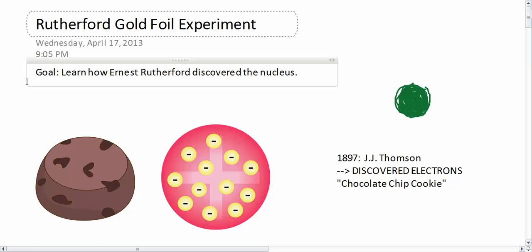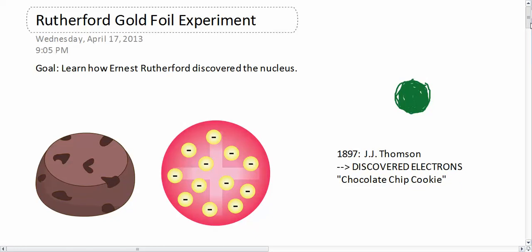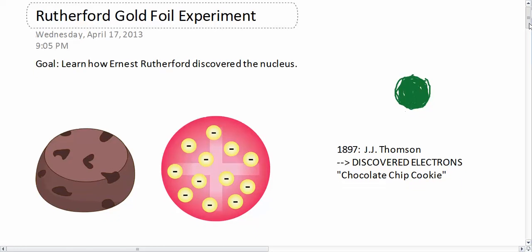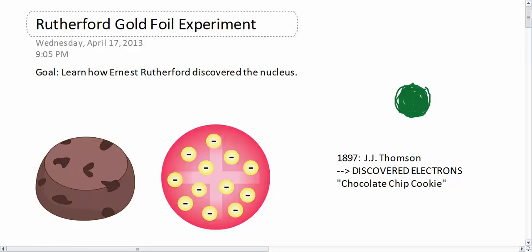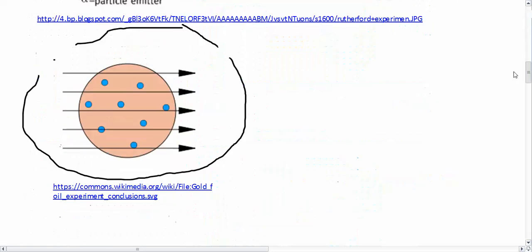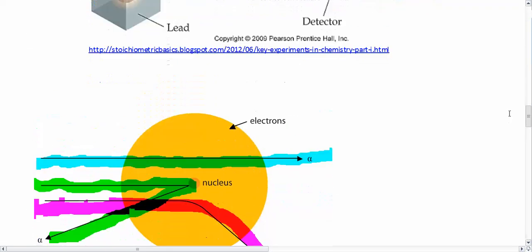So to wrap up for today, let's revisit our goal. The goal had been to learn how Ernest Rutherford discovered the nucleus. So you should be able to understand at least a little bit about how Ernest Rutherford used the gold foil experiment to show that the chocolate chip cookie model couldn't work, and how instead he came up with a new model of the atom where in the middle there's this tiny, hard, dense little